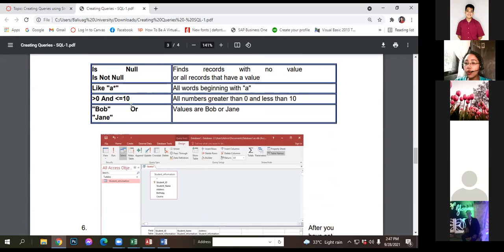And then, yung word na OR. Okay? So, ibig sabihin, either of the declaration na inilagay ninyo, yung hahanapin naman niya. Ibig sabihin, for example, this is Bob and Jane. Bob or Jane. Either kay Bob and Jane yung hahanapin niya. Okay? For example,